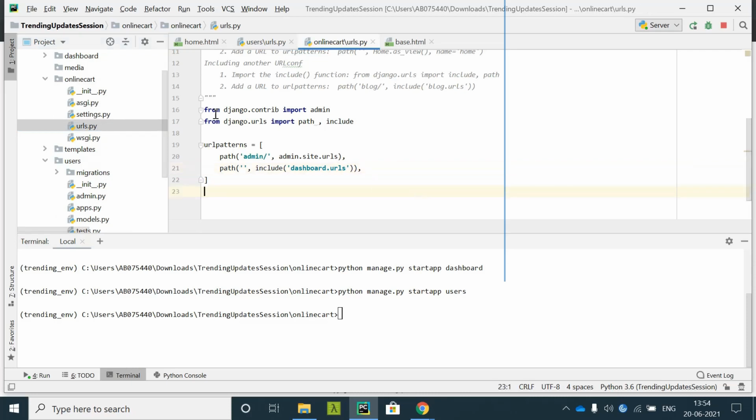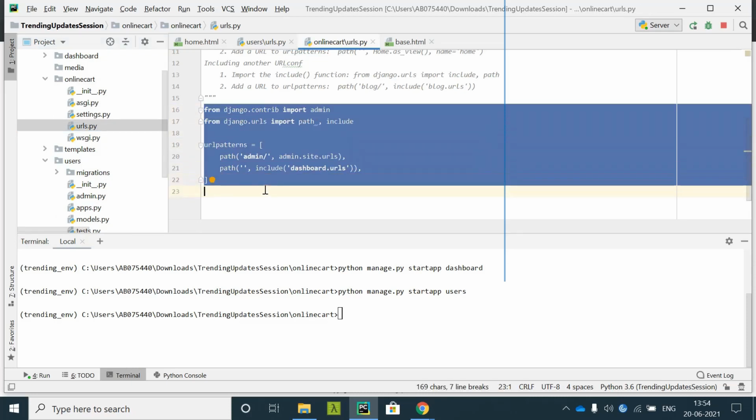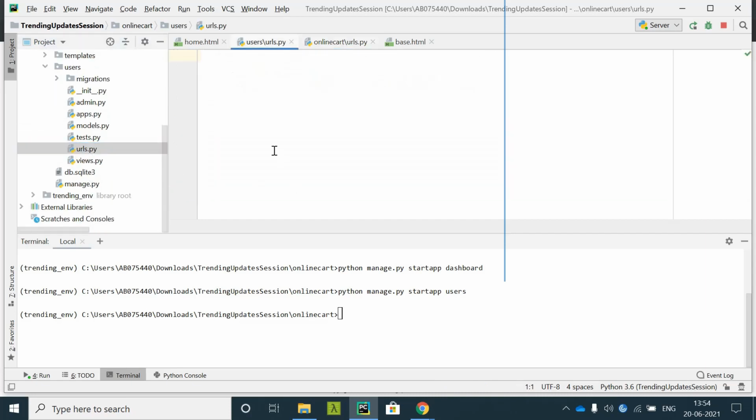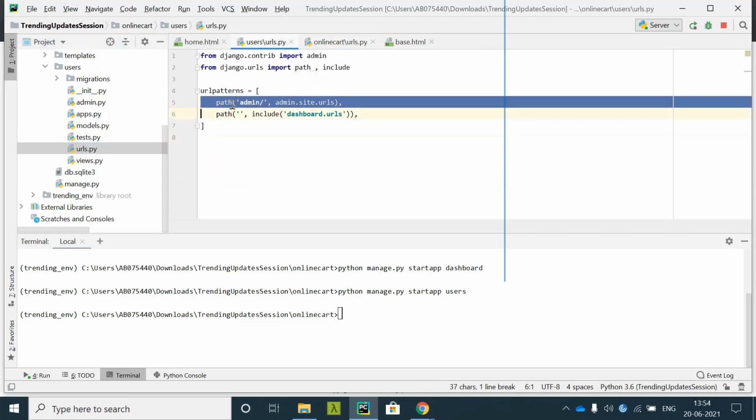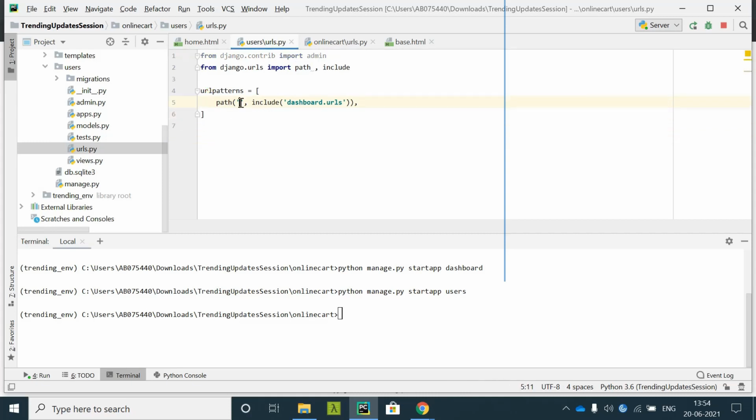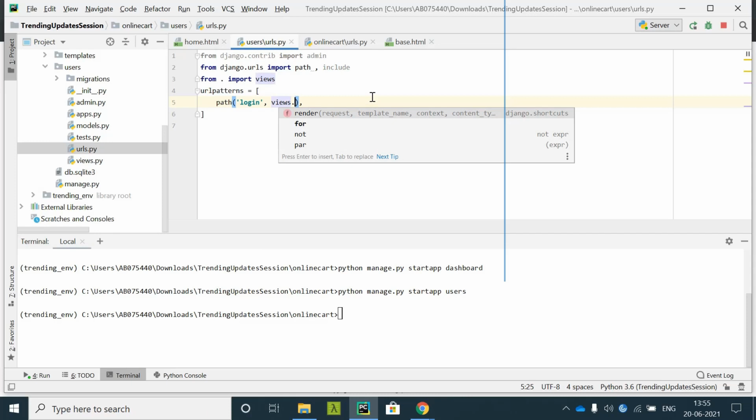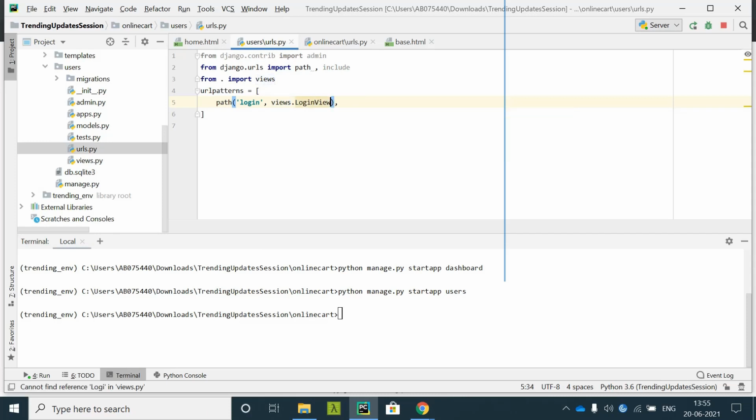I'll copy the things from the project directory urls file, and then I'll say I don't need this admin, I just need login. From dot import, I'll import the views inside the users app, and then I'll just say views dot login view, and then name.